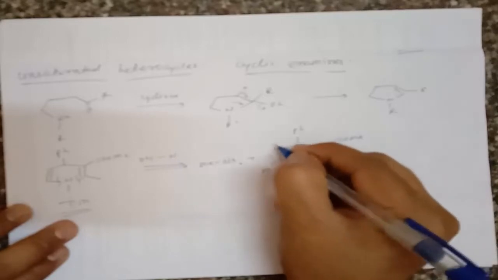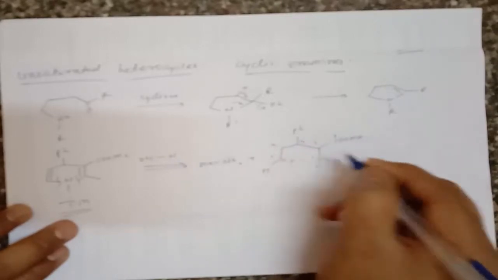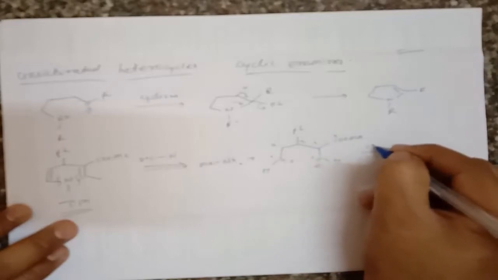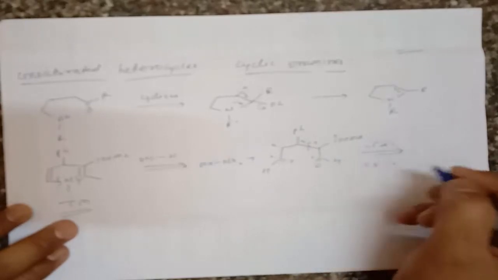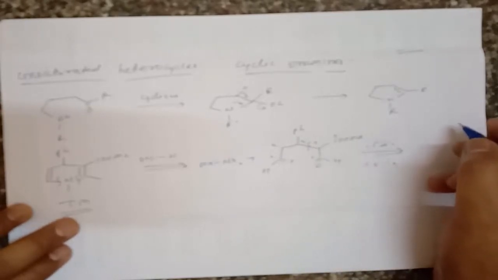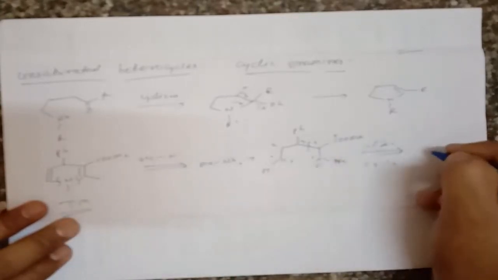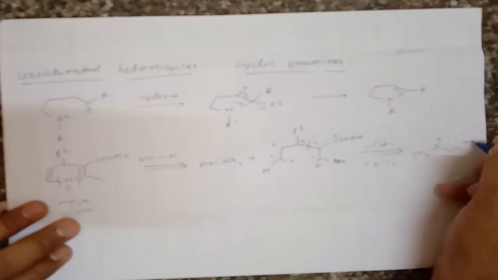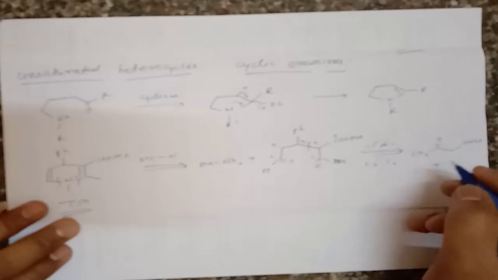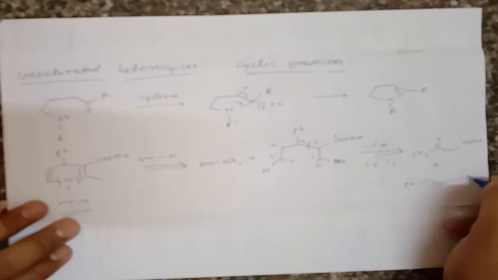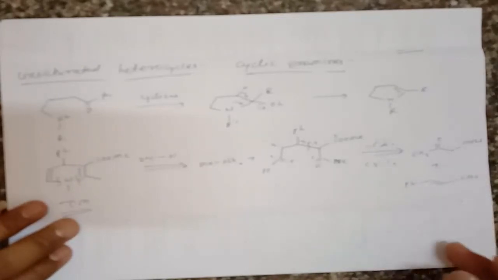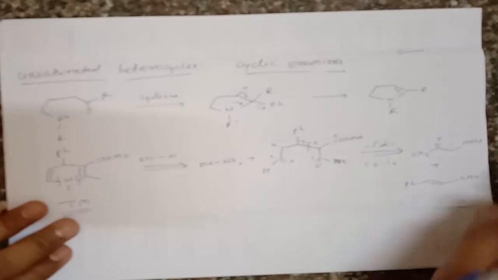Now it is 1, 2, 3, 4, 5, that is a 1,5-dicarbonyl compound, and if there is such a 1,5-dicarbonyl compound, we can break this C3-C4 bond. If we break this C3-C4 bond, from one side, here is a methyl group, so it gives ethyl acetoacetate, that is CH3, C double bond O, CH2, then COOEt, plus along with it gives cinnamaldehyde, right? So this is called cinnamaldehyde. And if we have this cinnamaldehyde, we can easily prepare such target molecules.